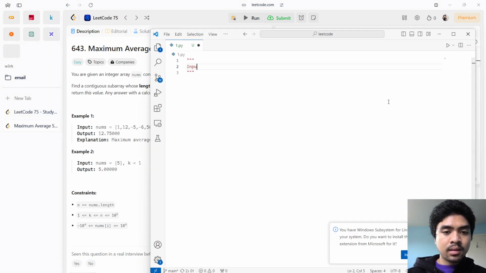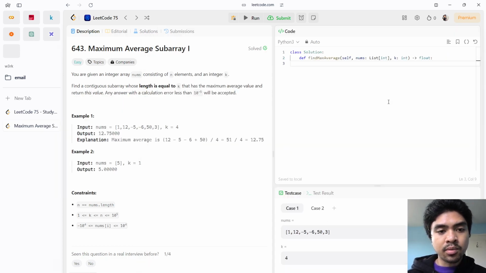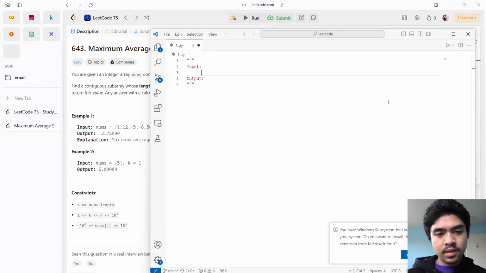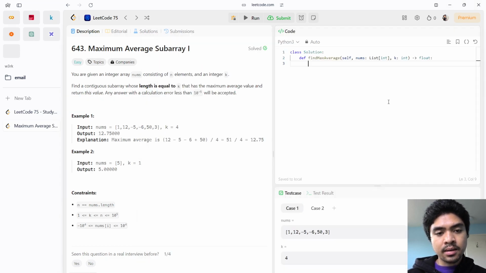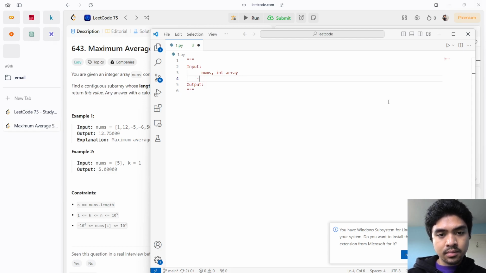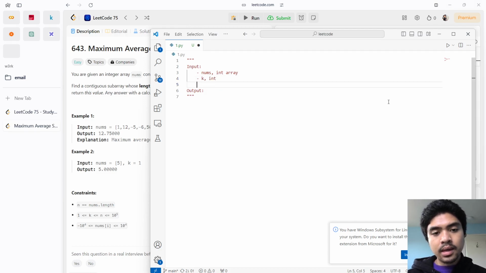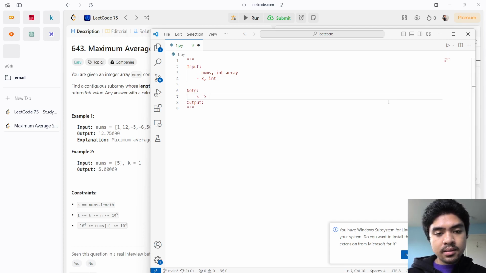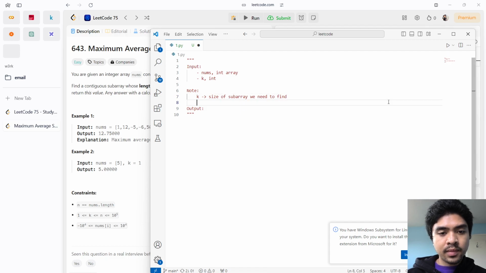So, I want to get the input and output. Let me read it again. We're given an integer array nums, which is an int array, and k, which is an integer. A quick note: k is the size of the subarray we need to find. And then the output is